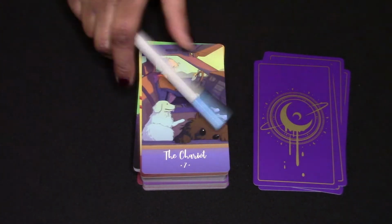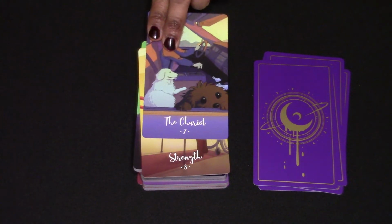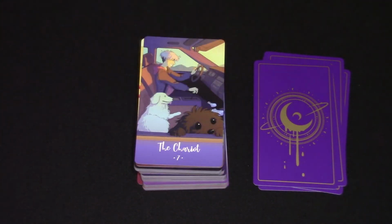The Chariot. How cute. Two little puppies or dogs in the car, and the woman is in full control of her vehicle here. She looks a little bit sadistic actually, but I'm sure that's not what she's meant to be. I'm sure she's just smiling. That's nice. And also, to me, when I look at this Chariot, it lends itself to the idea